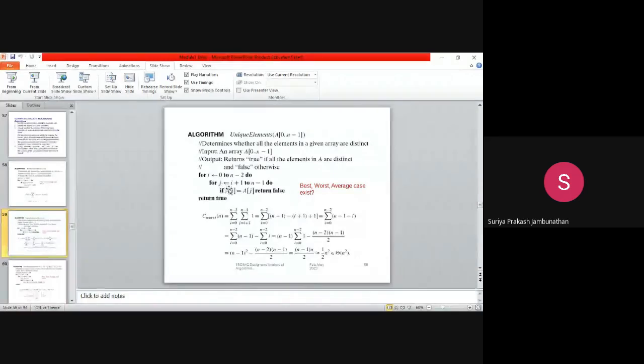In the inner for loop, the value will be 2 plus 1. Previously the value was 1 and again it is incremented to 2. Now we are executing for the third time. Now it's 2 plus 1, it's 3 now. 3 less than n minus 1, the condition is true, because n minus 1 is 4.